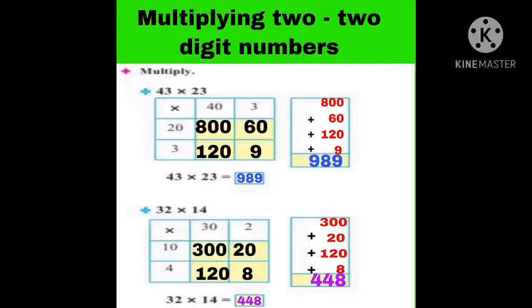Multiplying two-digit numbers by the lattice method only. First we learned about multiplying with a single-digit number. Okay, now in this we are going to multiply with two-digit numbers. Now the question is given as 43 multiplied by 23. The same method we have to use, that is, first we have to draw a box. In the first box we have to write the multiplication sign, which is necessary, and then the first number is given as 43. So you have to split the 43, that means you will write 40 and 3, and down where the multiplication sign is, there you will write 20 plus 3, that means you have to split 23 also.